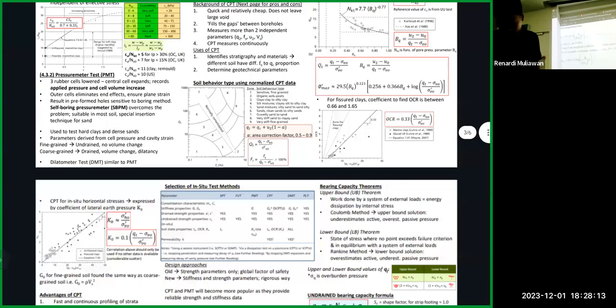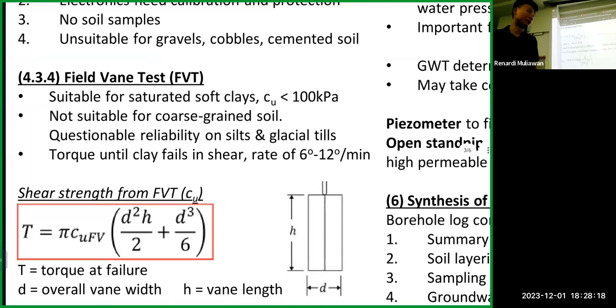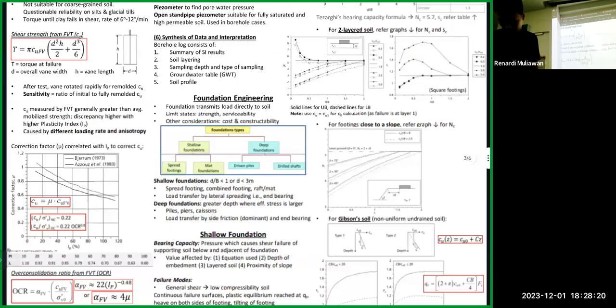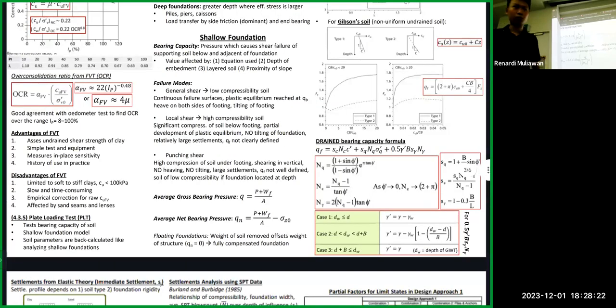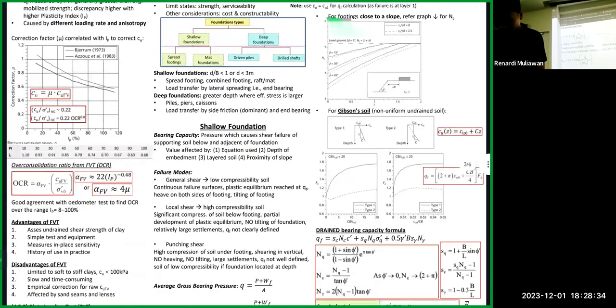Then what else? Field vane, FVT. So again, they will give you the formulas. And that's it. So SPT, CPT, FVT. So these are the 3 soil tests. Then the rest is like soil sampling and boreholes. Yeah. So this. Then for shallow foundations,